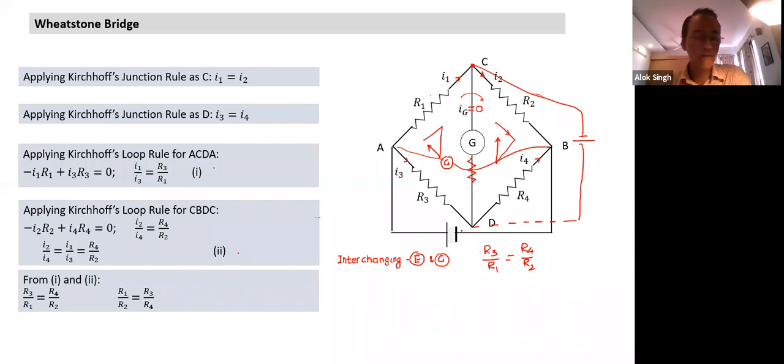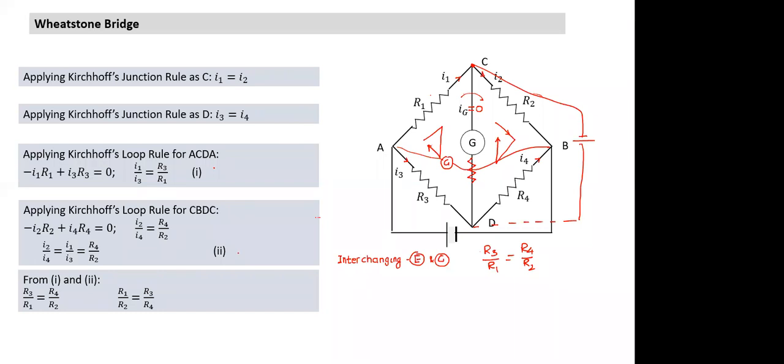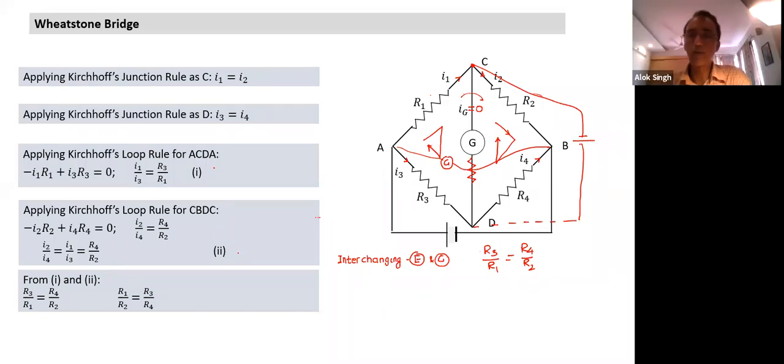Any questions? So if it's balanced and a resistor is connected, then it's just the series of the top two connected in parallel with the series of the bottom two. Correct. That's it. Then we have to calculate the equivalent resistance. Suppose there was a resistance R5 connected here. If it is balanced, what is the equivalent resistance? I'll take these two in series, these two in series, and then the parallel combination.